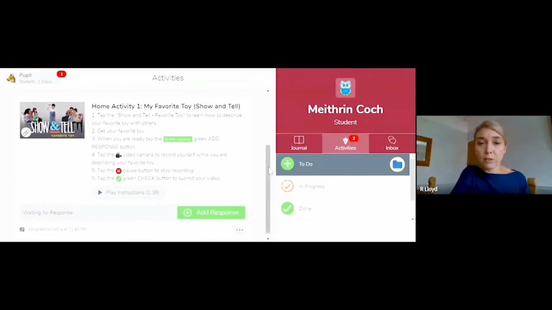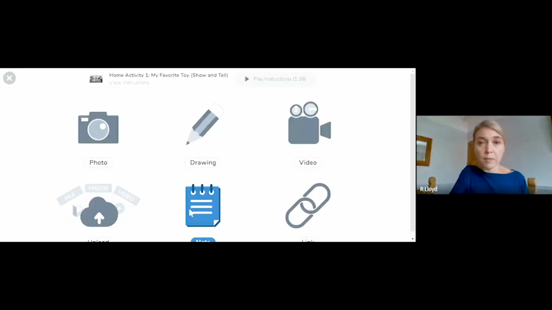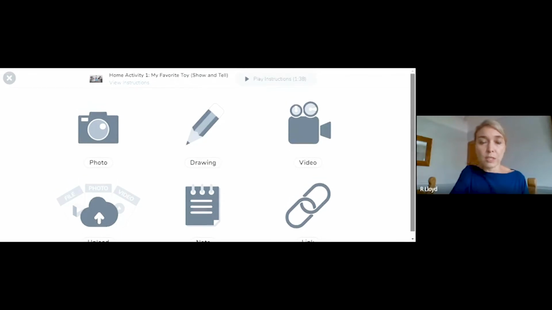Now, when you carry out your activity at home, we would like to see some evidence of this. So we would like you to add a response. There are 6 different ways in which you can do this. Suggested in the home activity here, they suggest that you use the video camera to record yourself. But you can choose another way should you wish. So if I click on the add response button,